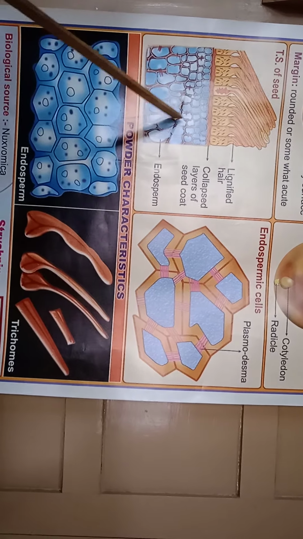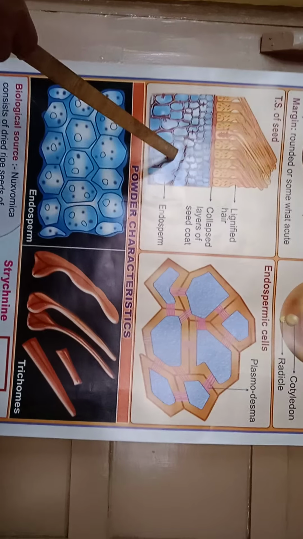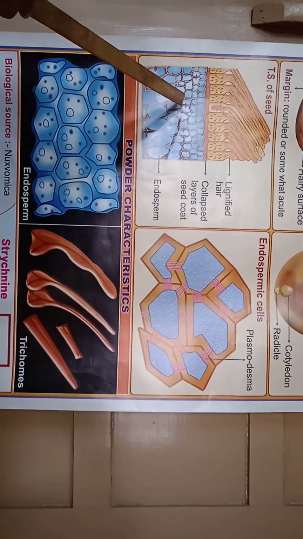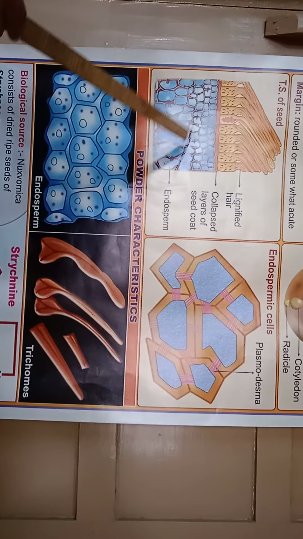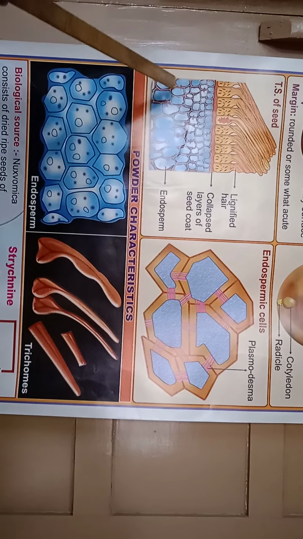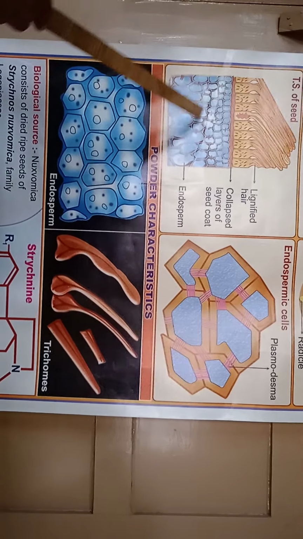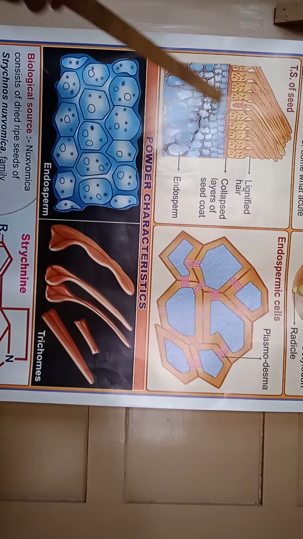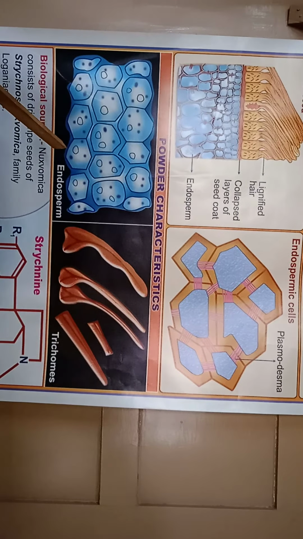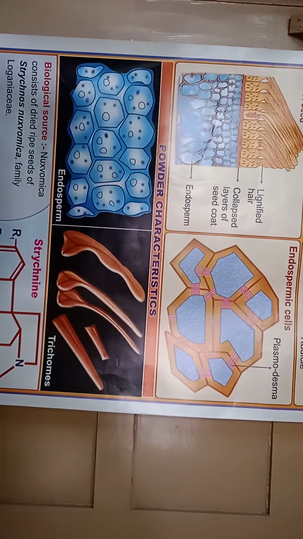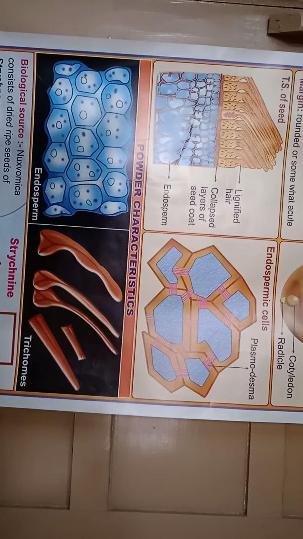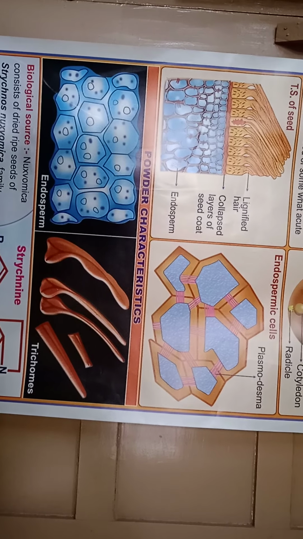Here you can see these are the endospermic cells. These endospermic cells, they are joined to each other with the strands which are called as a plasmodesma. Okay. Now here it contains aleurone grains also about 30 micron in diameter. Only globoids are present. Okay, यहाँ पे आप देख सकते हो 30 micron size के aleurone grains present है and oil globules are present in the endosperm region of this Nux vomica seed. Now these oil globules, they contain fixed oil, okay, as small oil droplets in the cells. Okay, so I have showed you in the TS how the oil globules are present in the TS.